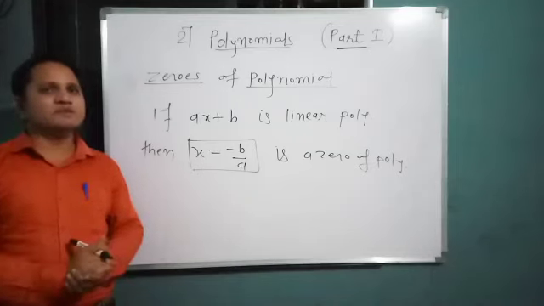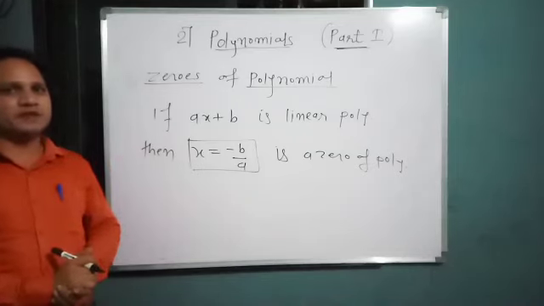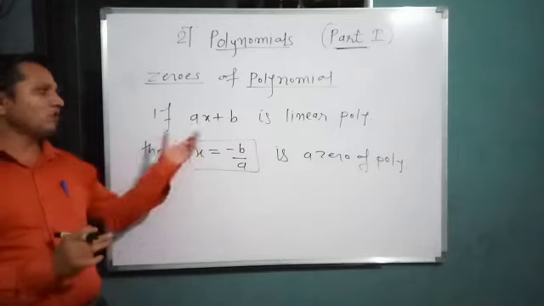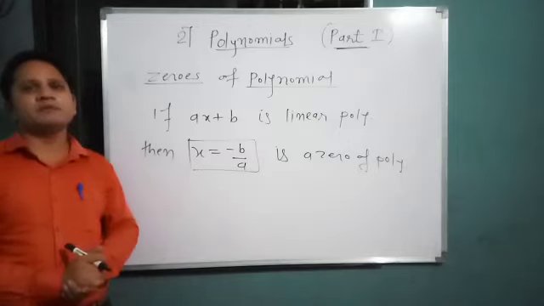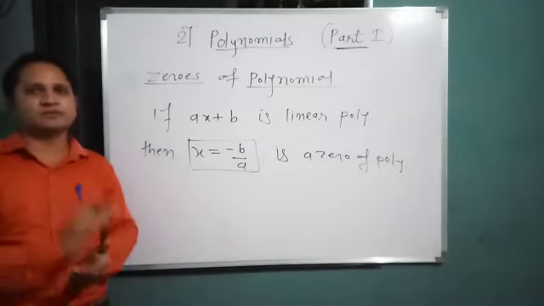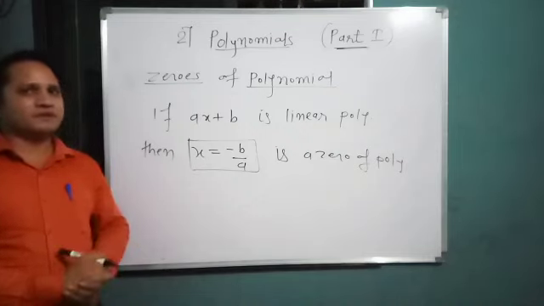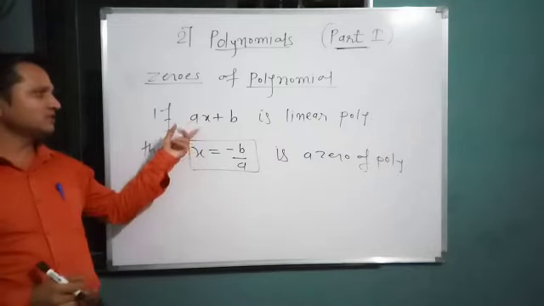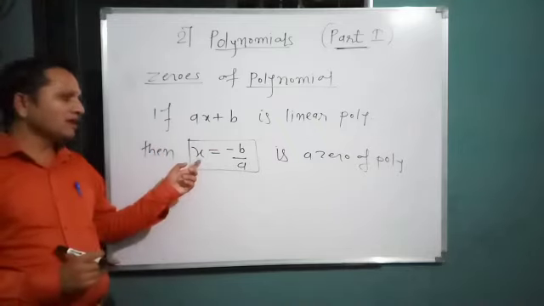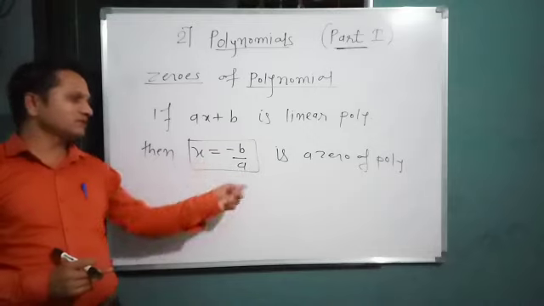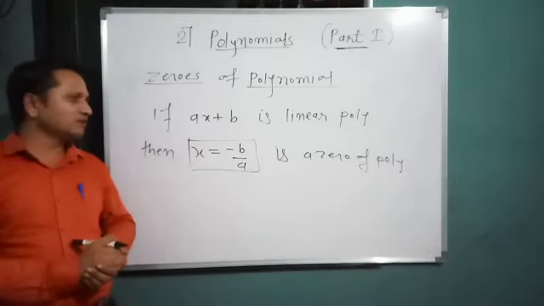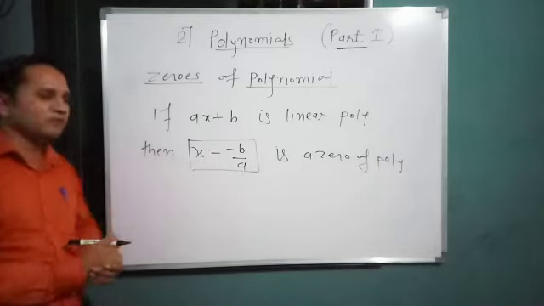So we understood what is the meaning of zero. Zero means the value of x for which the value of the expression or polynomial becomes 0. That is called zeros of polynomial. I will write the definition also. But suppose this is a linear polynomial, then you can directly find out the zero by this formula. x equal to minus b upon a is the zero of the polynomial. Example,